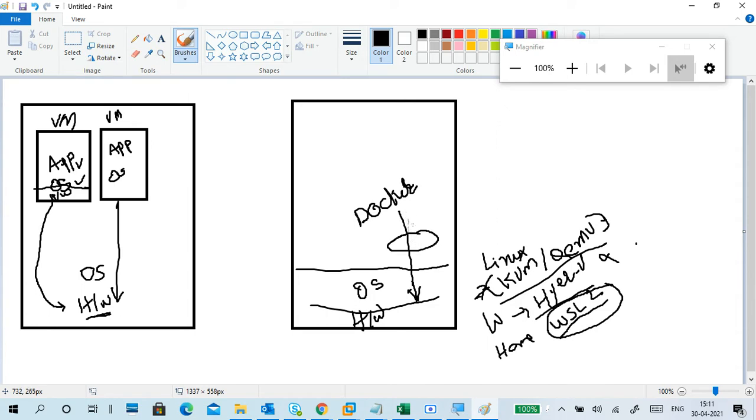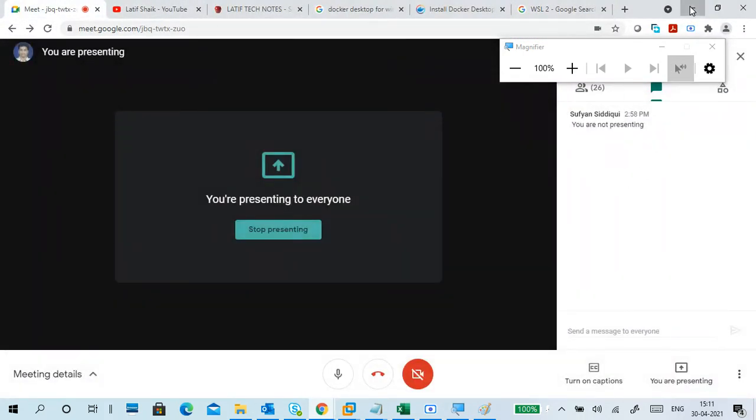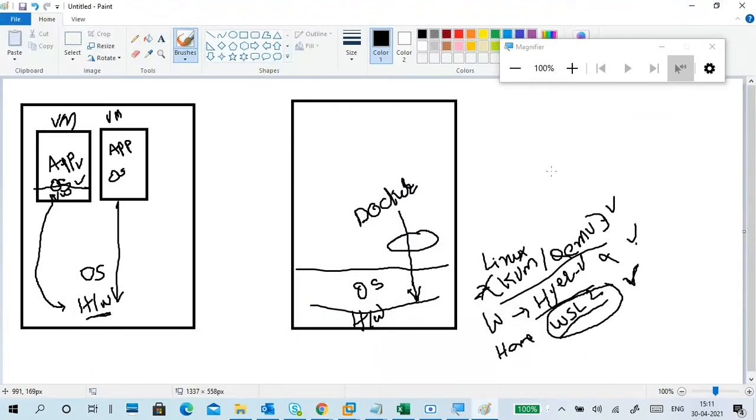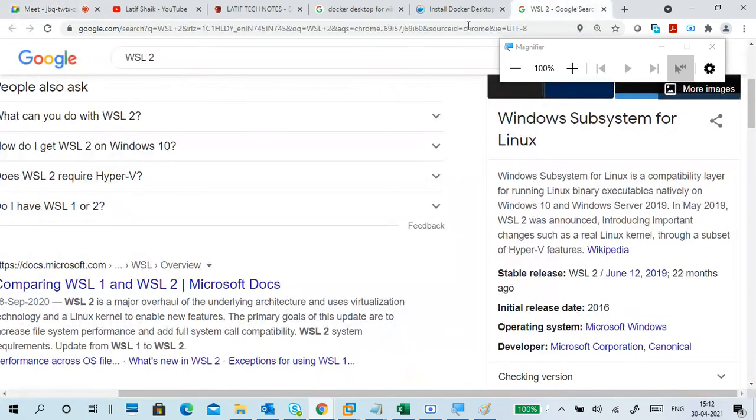So the kernel layer will be provided for Docker to run, and it will interact with your hardware through this. Okay, you need a virtualization like this, or maybe like this, or you can use it like this also. We are able to do it. I told you, if you are using Windows 7, Windows 8 or XP, you have to download Docker Toolbox.